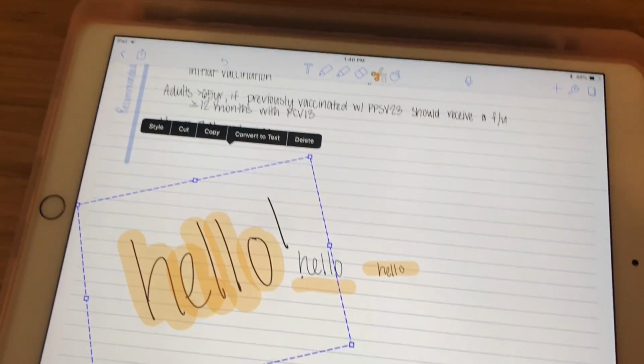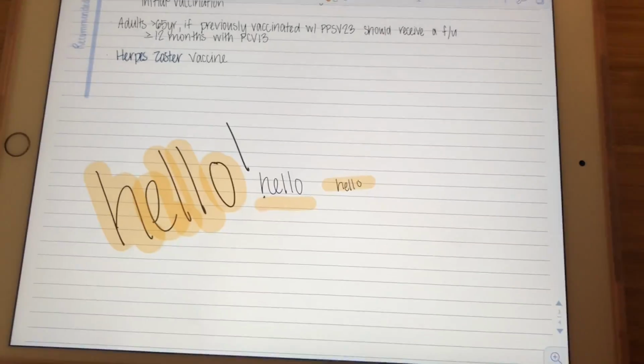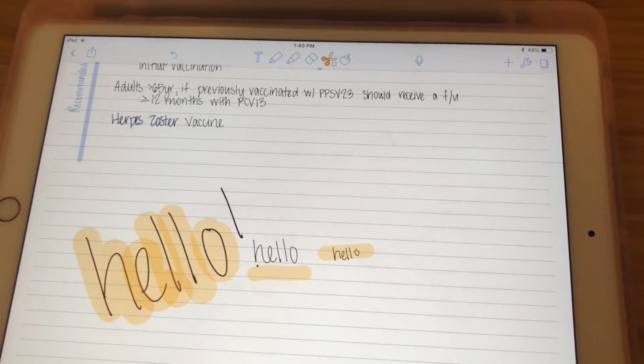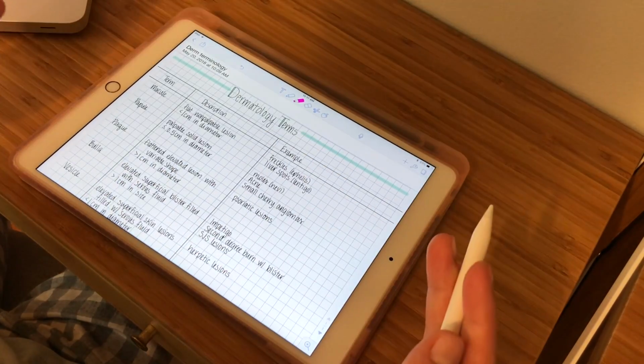Obviously you can make it bigger, you can rotate it, you can do all sorts of stuff to it, or you can highlight it and delete it. This is really helpful for making pretty headers. And the last thing I want to talk about is maybe my favorite feature, and that's bringing images and tables